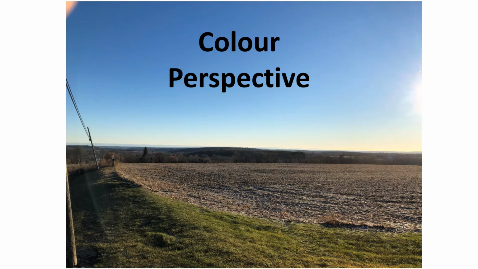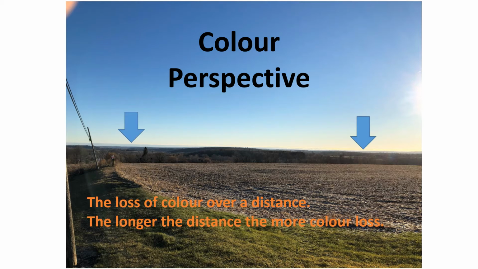All right, so the first type of perspective that we're going to use, and this would be used in landscape painting or landscape drawing, is color perspective. So color perspective is pretty simple. As we get further and further away from things, they become grayer and grayer. So you can see these hills that are at a long distance away. These are probably 40 or 50 kilometers away from where I took this photo, but these hills are